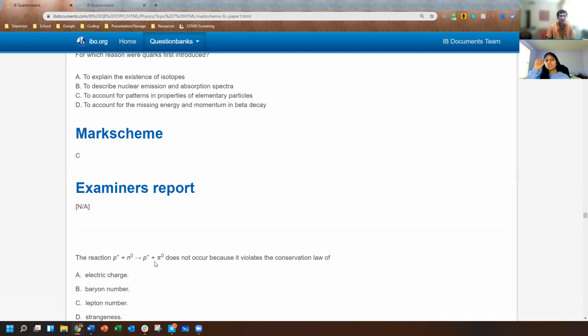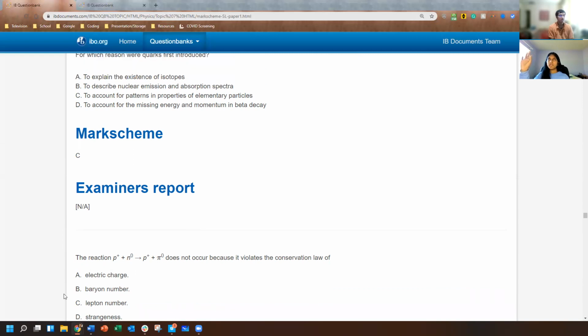Pi isn't a lepton. Leptons are electron, muon, and tau. So then it's baryon number. Baryon number is what I was, yeah. It's strangeness. Well, let's see. All of these have strangeness of 0, so it doesn't matter. So yeah, baryon. Wait, so